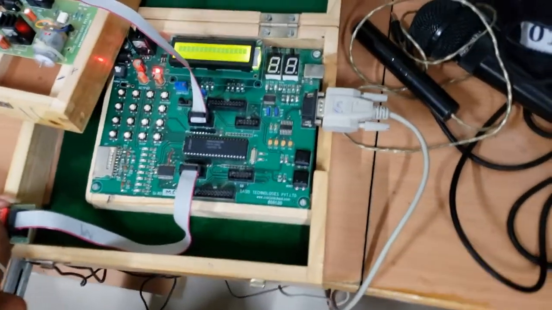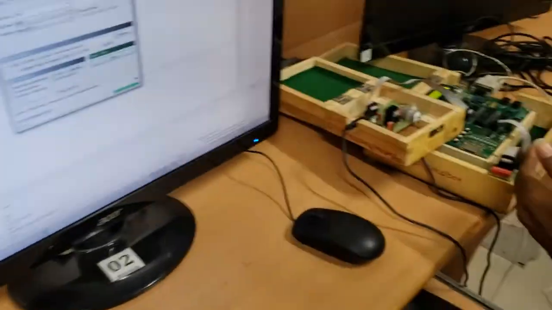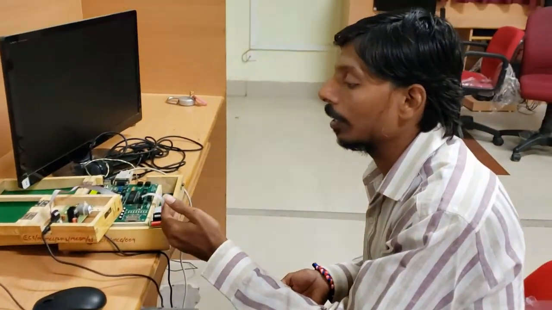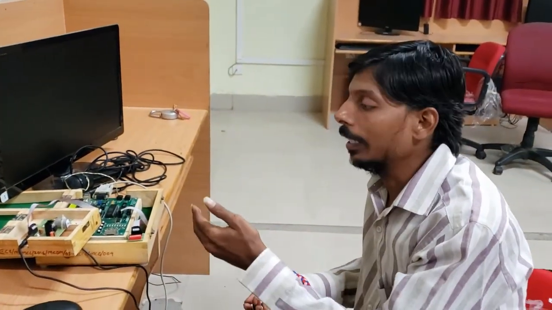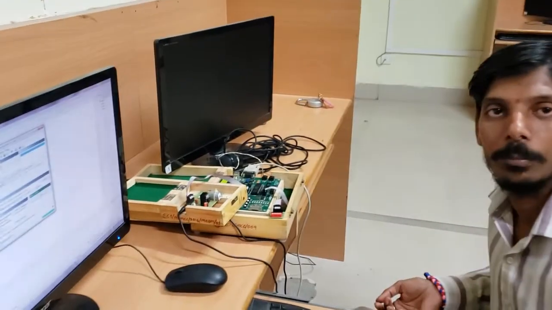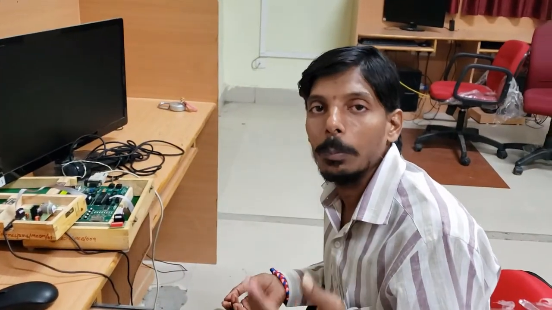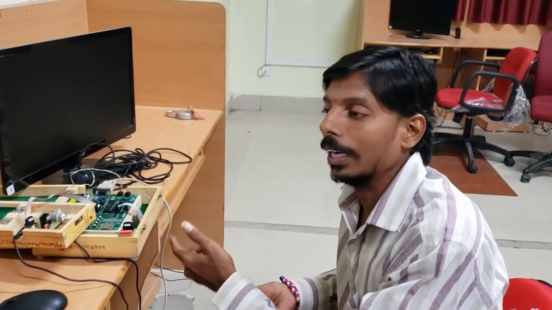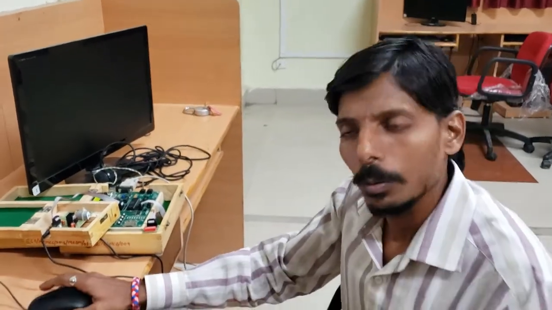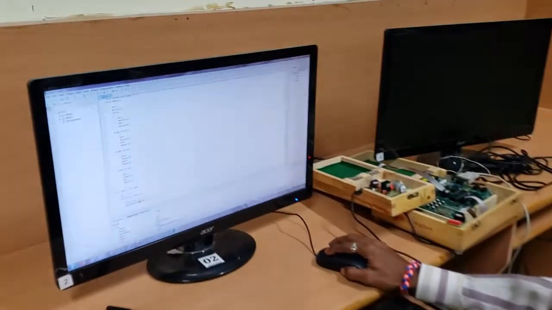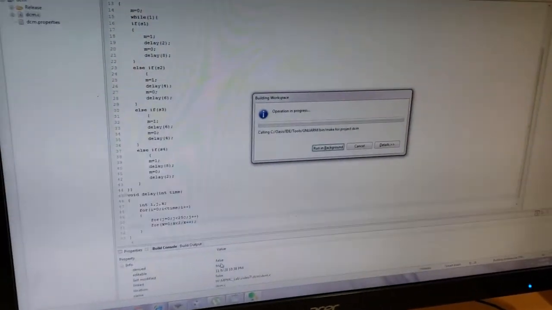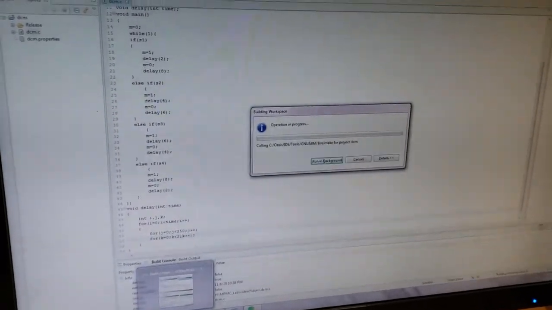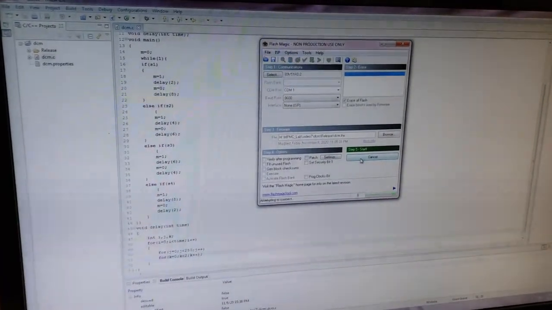But this is not a good practice, as we are sensing it, which is deliberately made. The delay is made very high to make you people understand that we are controlling the speed. I will reduce the speed now and run it again. I am reducing the delay here to 250 and 2, building the program, saving it, and then dumping the program here.